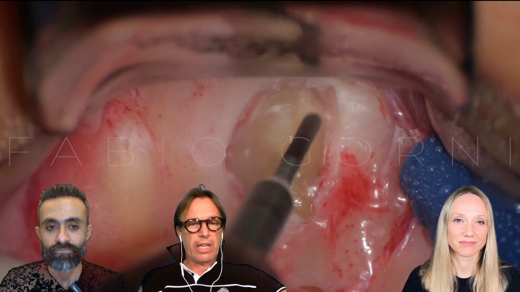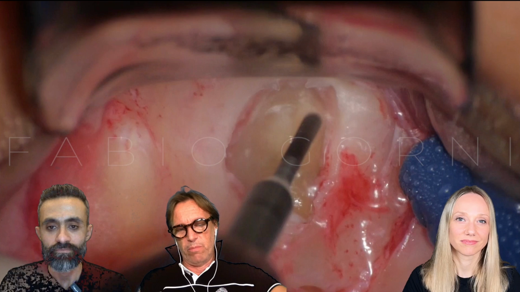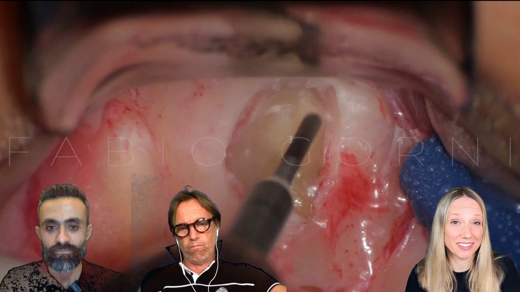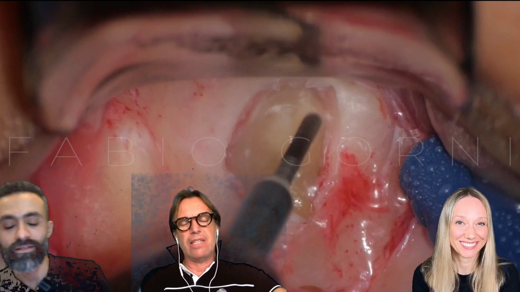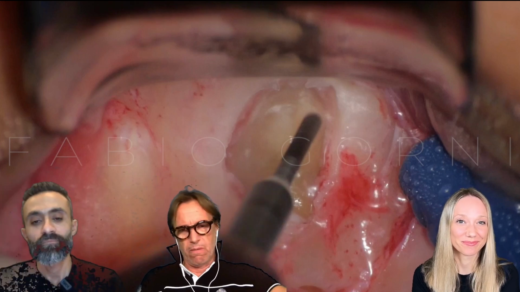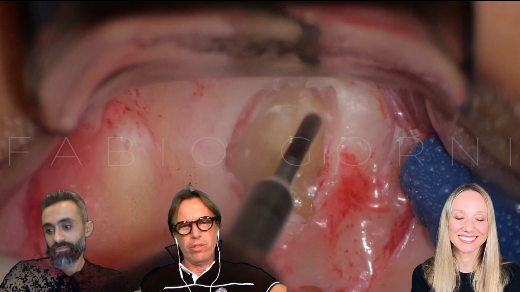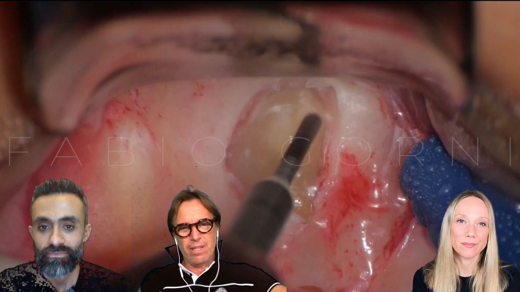So we cannot absolutely predefine the apical resection, in my opinion. It's the same principle as the access cavity in endo. It's exactly the same. Thanks, Francesca. Yeah. So the rationale for treatment is all the time the same. In endo, the rationale for treatment is the same.